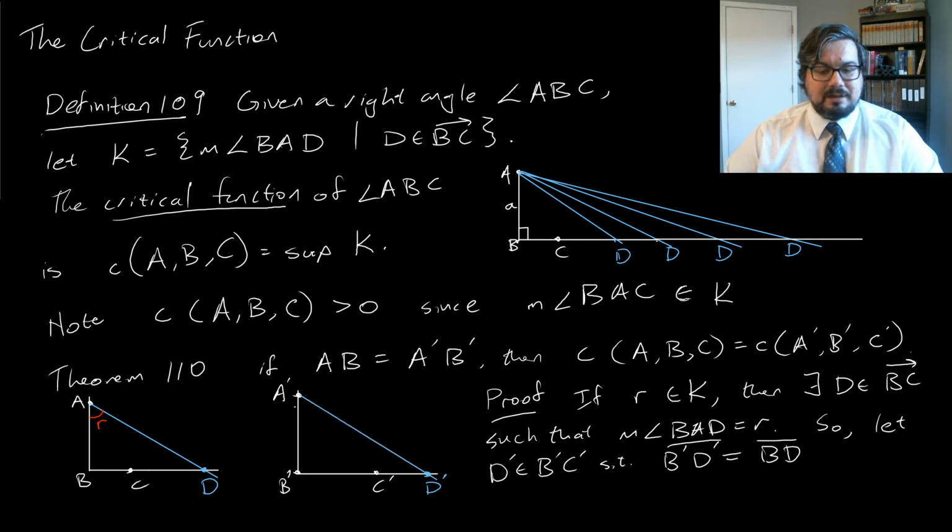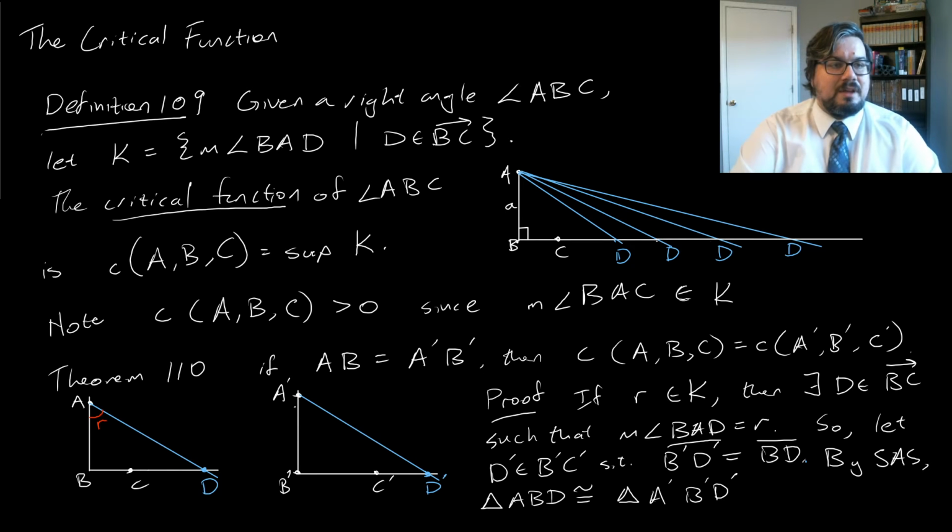Now we can construct the ray from A prime through D prime. Now by side-angle-side, we have that the triangle ABD is congruent to the triangle A prime, B prime, D prime,